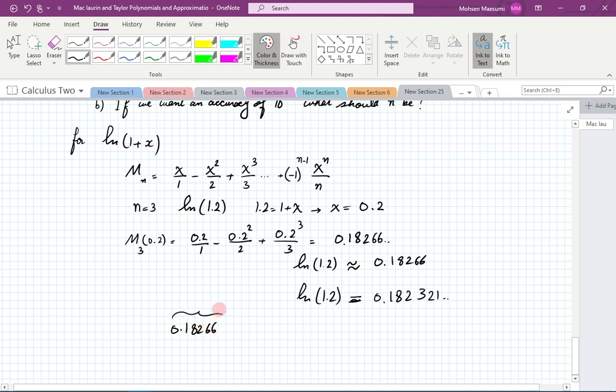That is what our polynomial gives us. The question is, how much are we off? That's called the remainder, or Rn, to give us the actual value of the function, which was the logarithm of 1.2. So that is 0.18231. So my Rn is going to be 0.18231 minus 0.18266, and so the difference is going to be